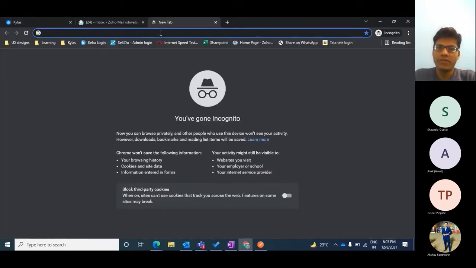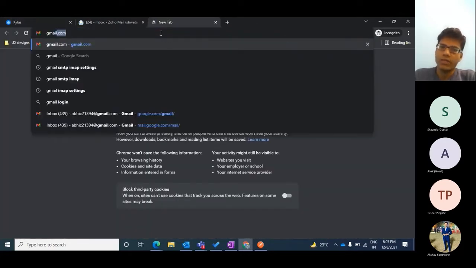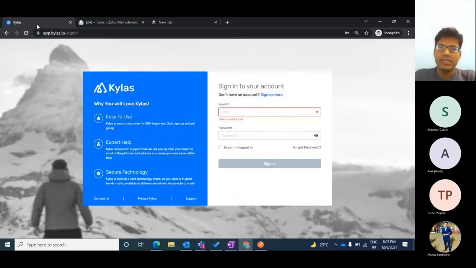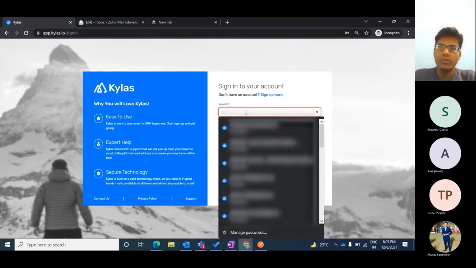For example, if a CRM doesn't have emails, right? What I will have to do is simply go to gmail.com in order to send emails to my customers or receive. And there will be a lot of context switching between the email service provider and the CRM about what communication took place, right? So in order to resolve that problem, we are now able to connect our email accounts within the Kailash CRM itself so that we can communicate with customers efficiently and there is no context switching, there is no need to switch to another app.